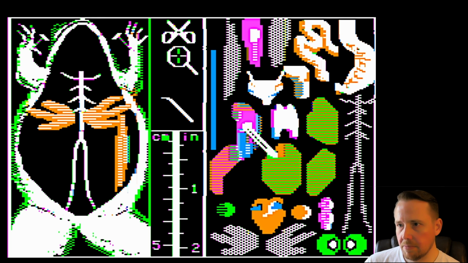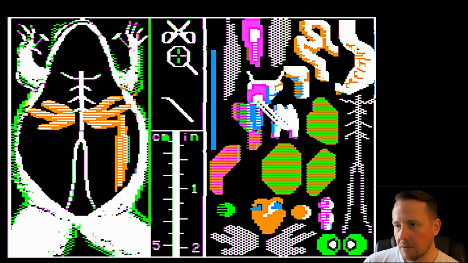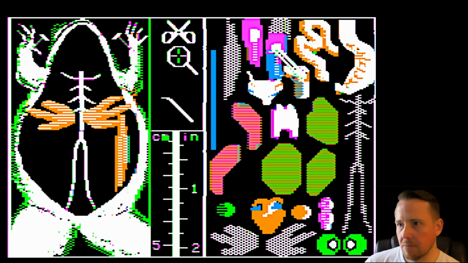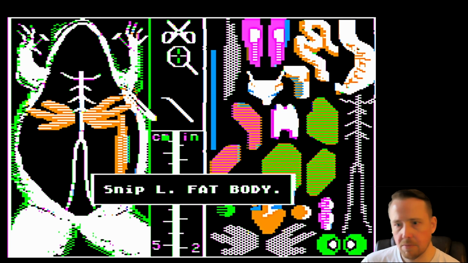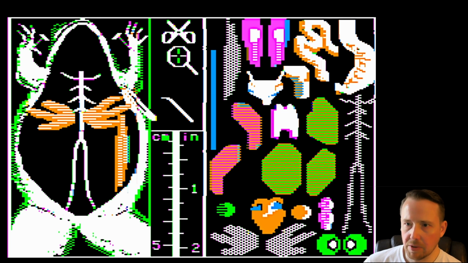And drop it. Can I drop it anywhere? No, you do have to be a little bit close. Let's see. Any pixel touching? Seeing how much I can get away with. You got to be a little bit close, it looks like. So let's hit H. L, fat body. Okay.